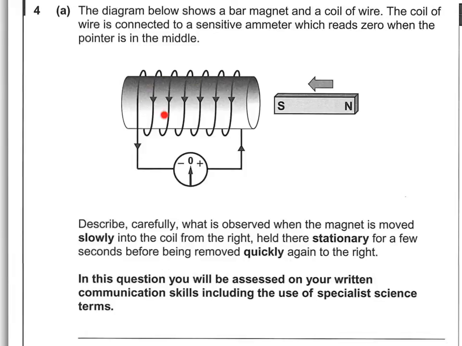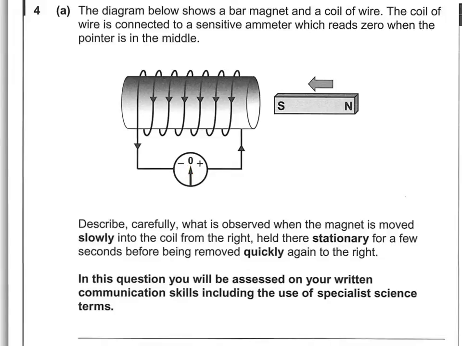Coils like this only react to changes in the magnetism, so you're only going to see something on the meter while the magnet is in motion. And since the motion is causing it, faster motion, quickly on the way out, creates more electricity from the system than slow moving magnets would. Okay, so we want to say that there's a deflection on the meter